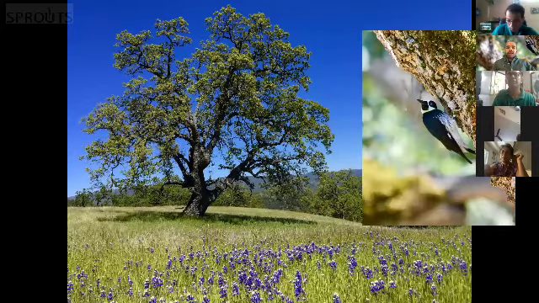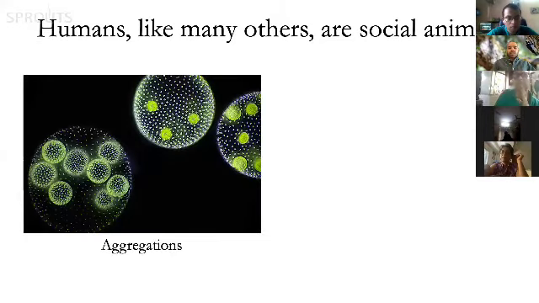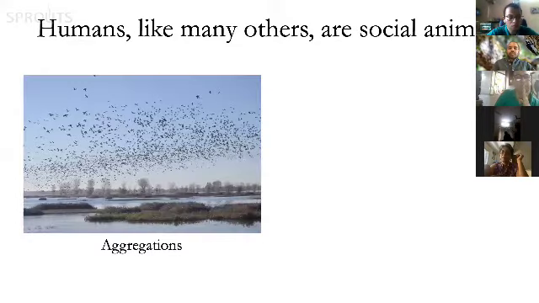So humans, like many other animals, are social animals. Sociality is not restricted to humans, as I'm sure you must know. It is seen even in unicellular organisms like these volvox, which show aggregations of cells together. But we know of aggregations more commonly as flocks of birds or herds of cattle or herds of humans. We walk around together, often go to the same cricket matches as one aggregation, but we don't have a lot of contact with one another. So there are very few inter-individual connections in aggregations.